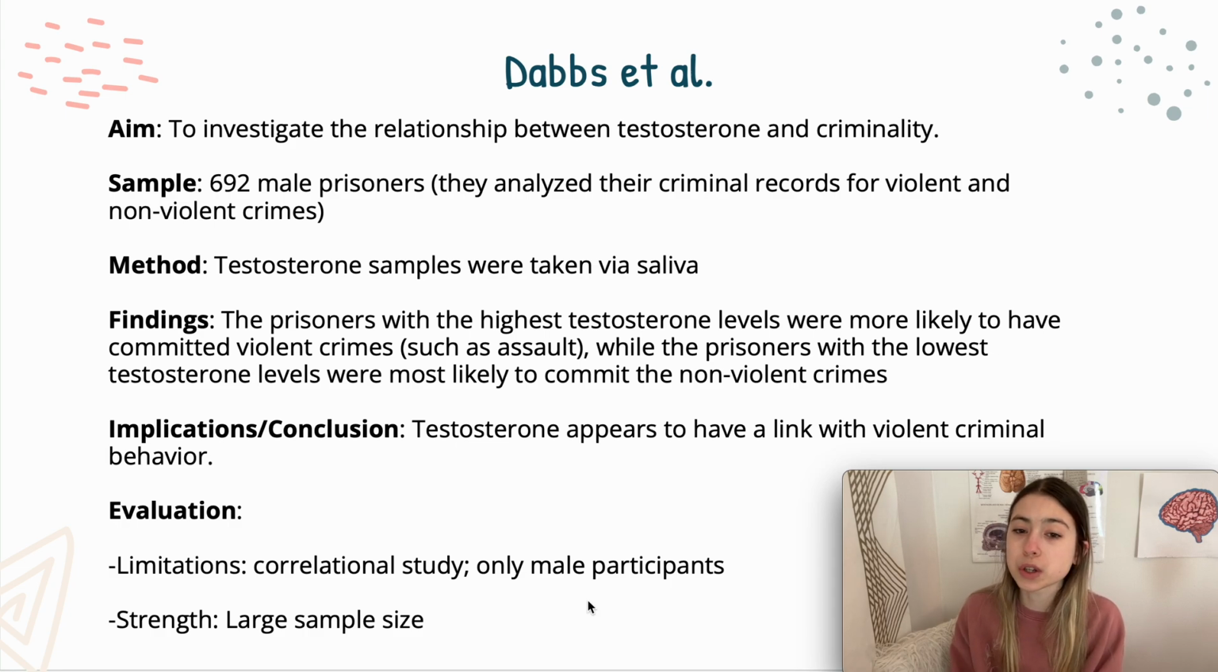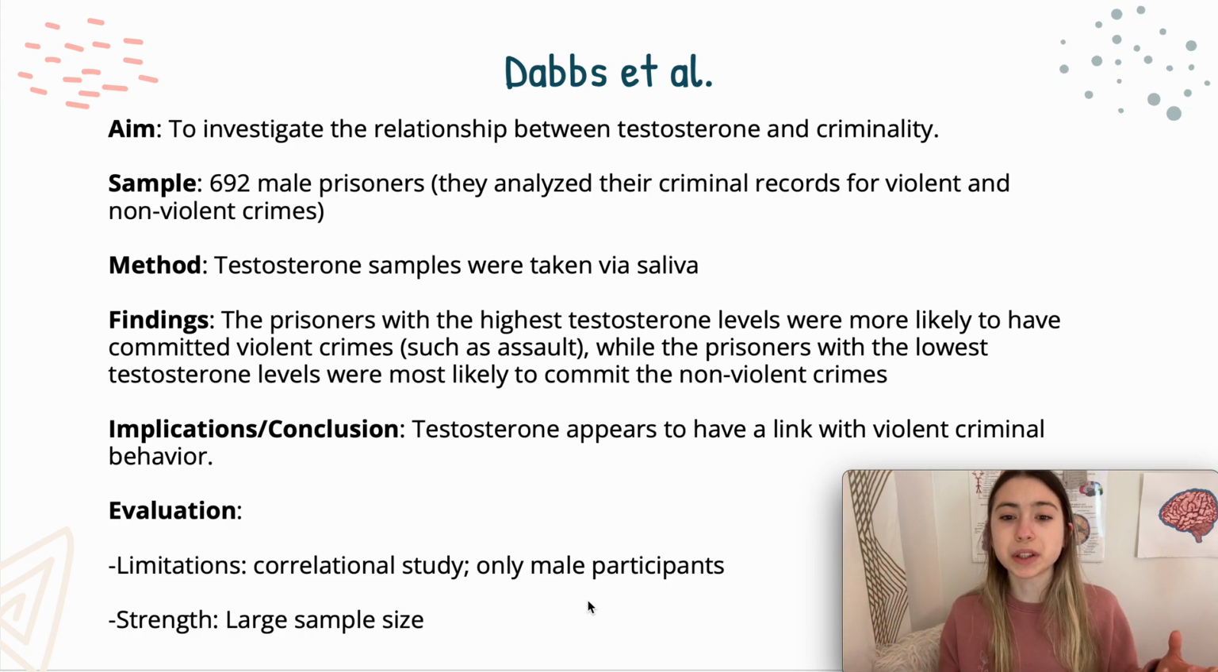But all of these prisoners, their criminal records were analyzed, and the researchers were looking for whether they had violent or non-violent crimes. Because there's a very big difference between something like assault and something like stealing, I don't know, a mailbox from your neighbor's lawn. I don't know why I thought of mailbox. But anyway, there's very big differences between those, and one is clearly aggressive and one is just weird and